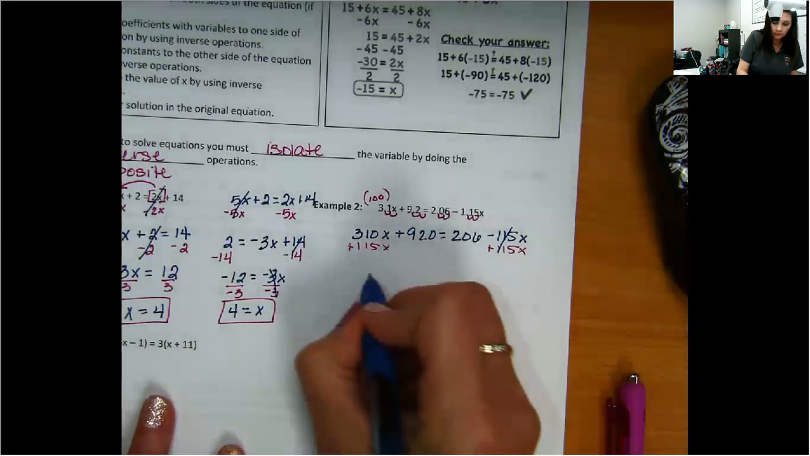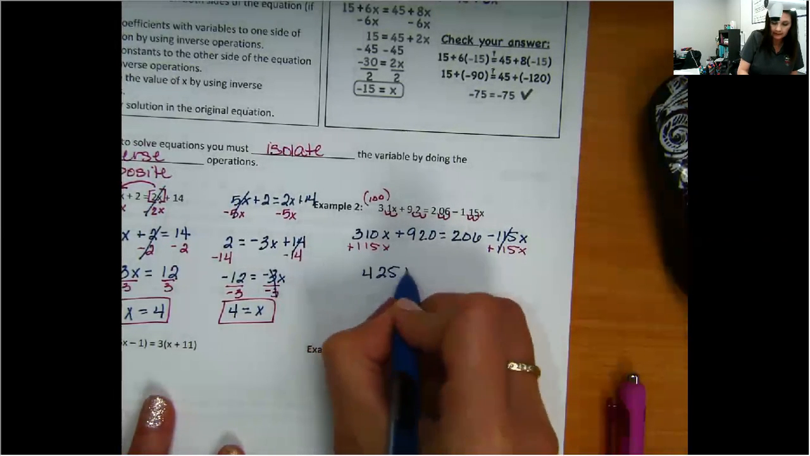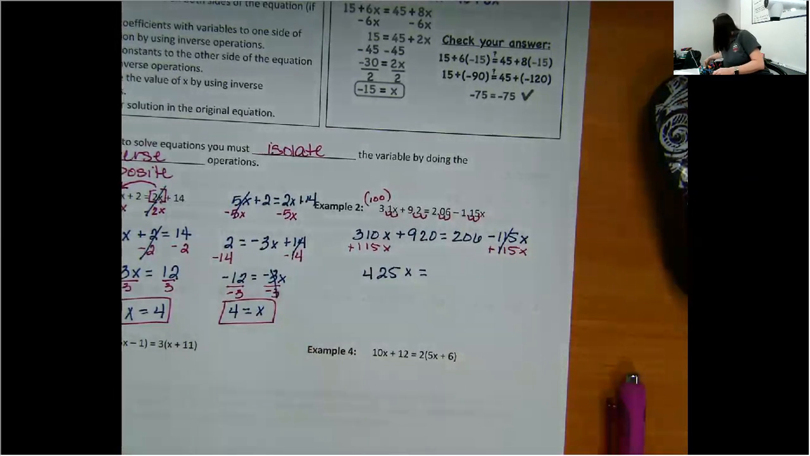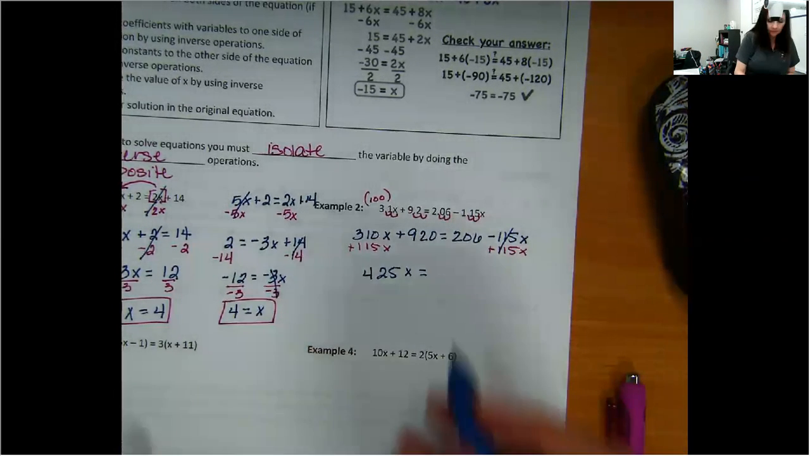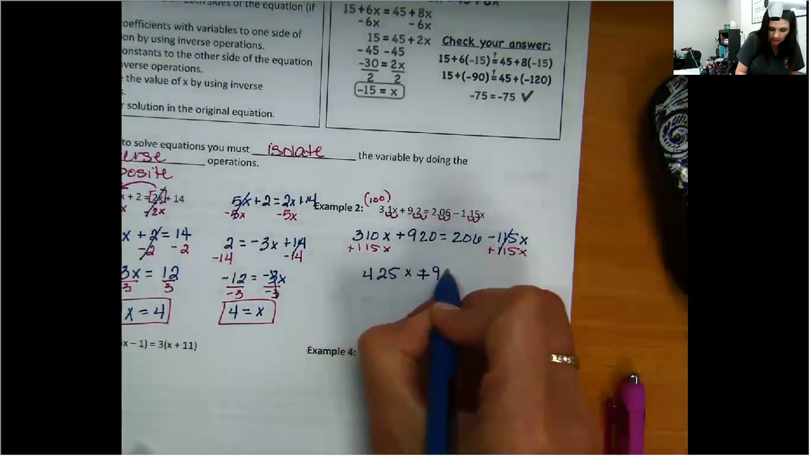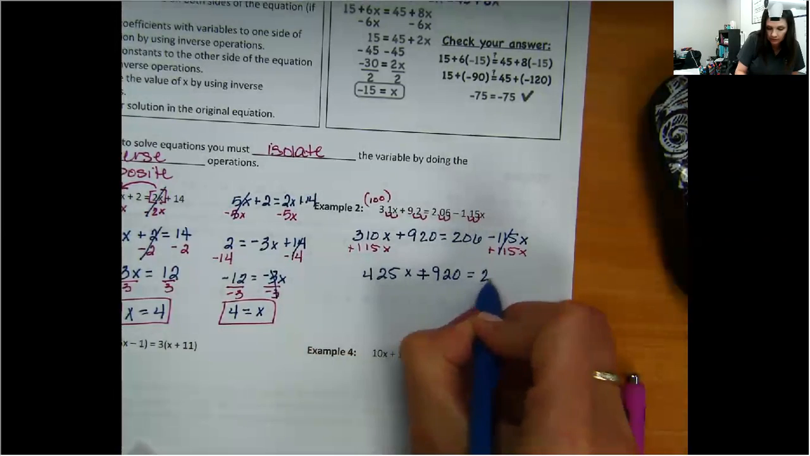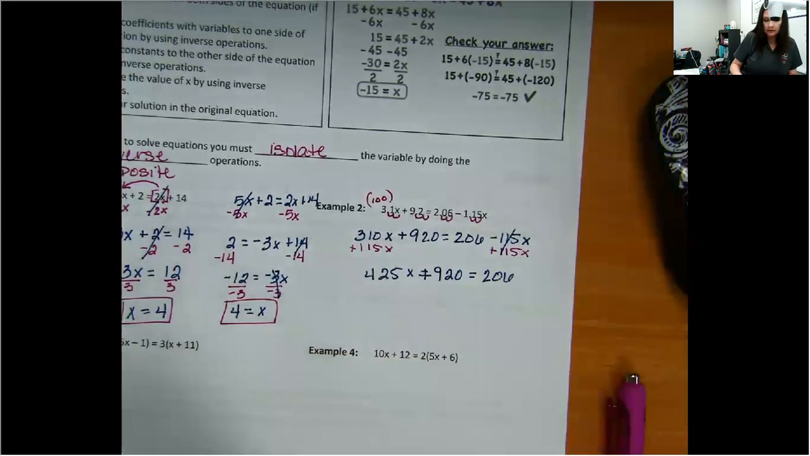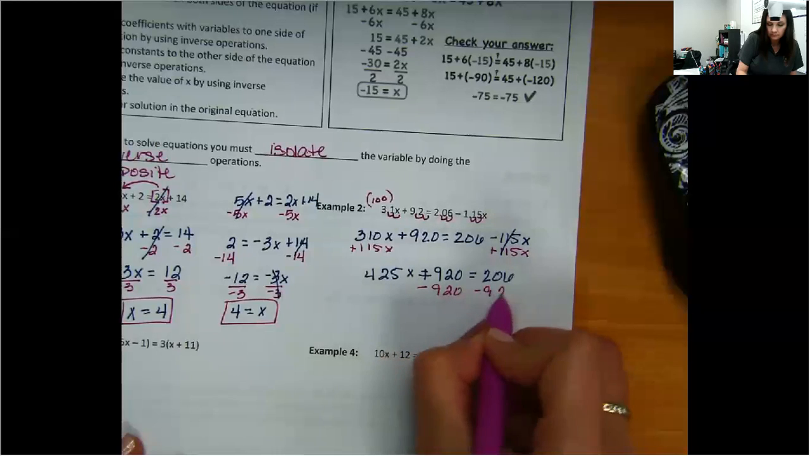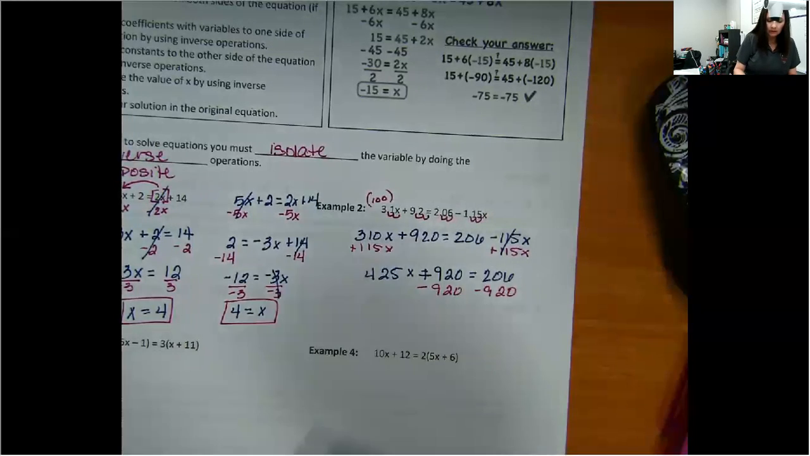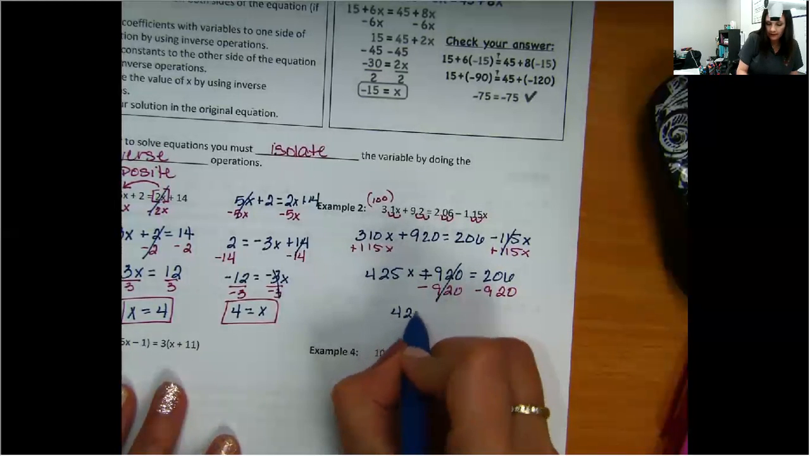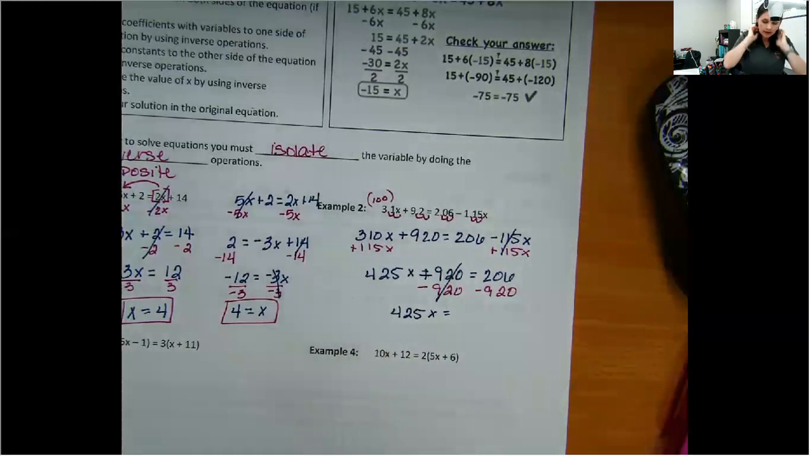And you get 425x plus 920 equals 206. Then subtract 920. And 425x equals negative